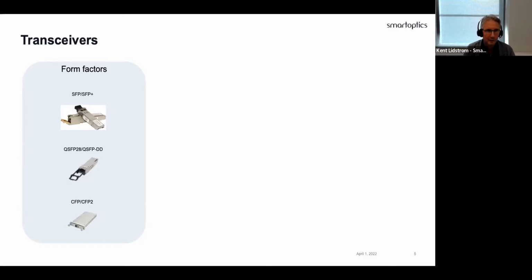I showed 3 different types here, but in general, you can say that each new technology comes in a fairly large form factor. And then when the technology gets mature, it has a tendency to shrink, like in many other areas of what we do here on both the telecom side and in many other technology areas.